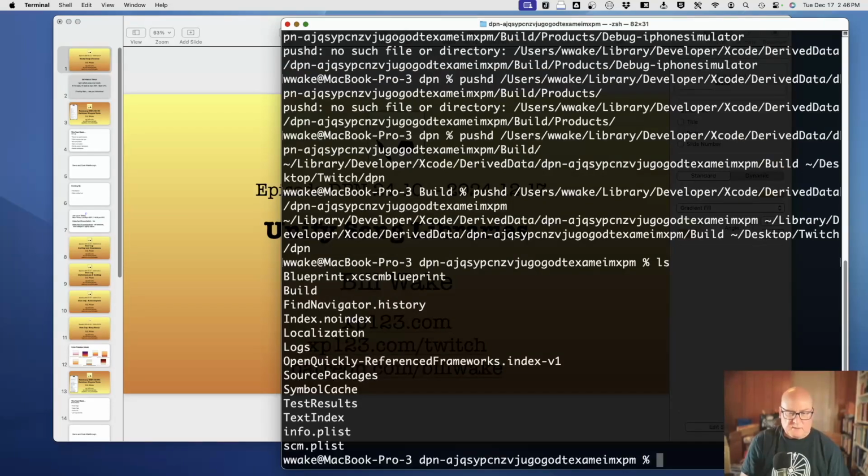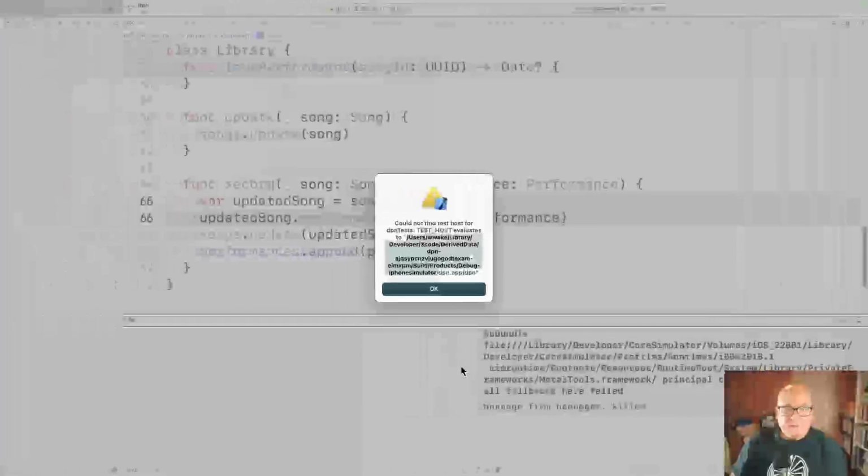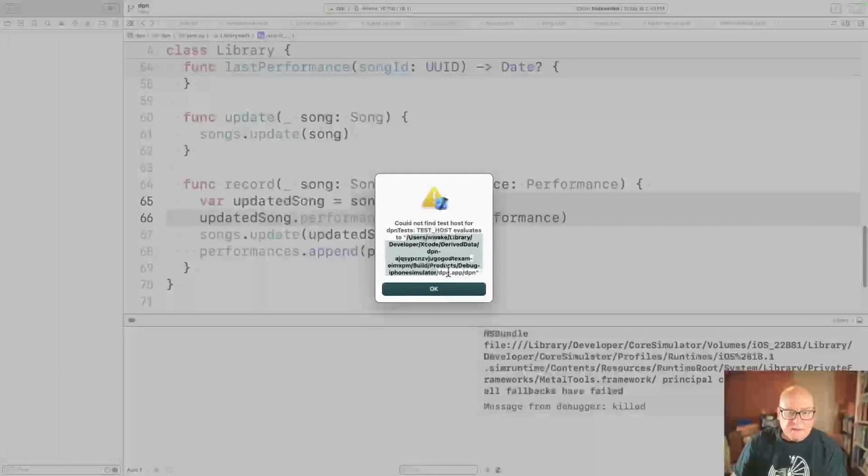I guess okay. So that was blah-blah-blah derived data. Let's see. Well, I don't know if DPN.app.